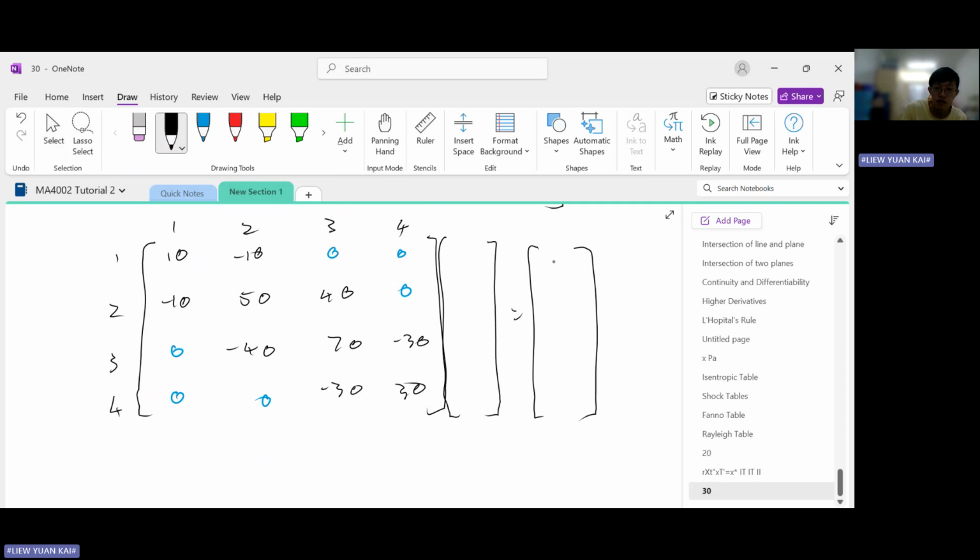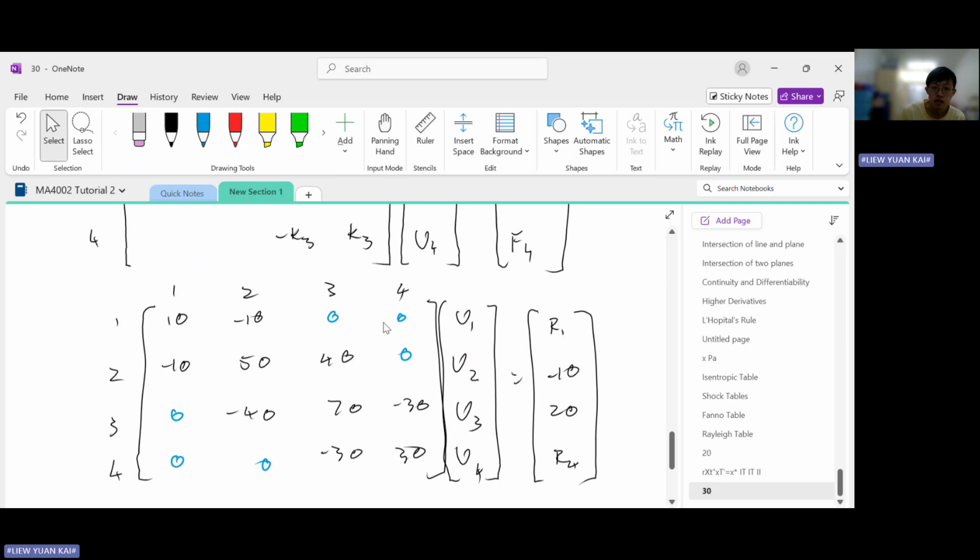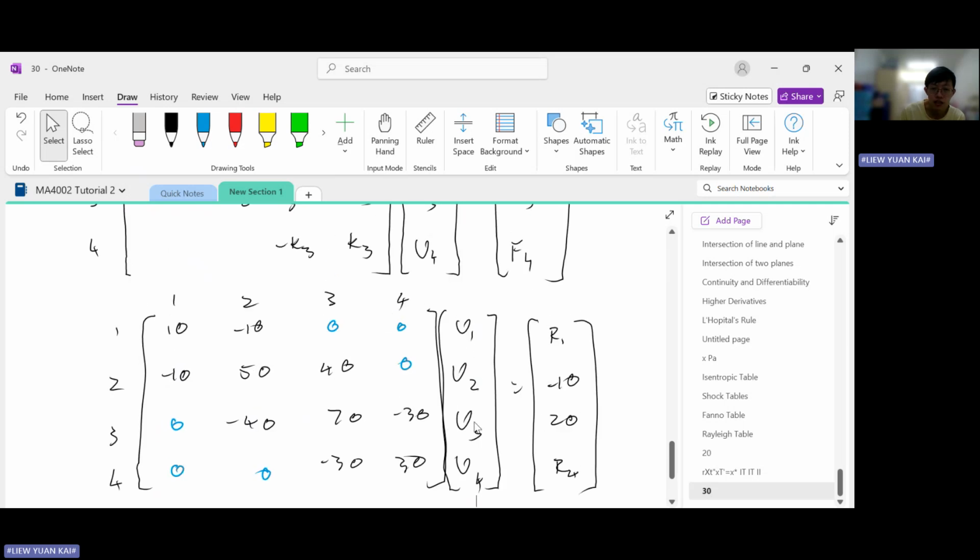They told us that there's a reaction force at node 1, so this is R1. Also, there's a reaction force at node 4, so also R4. Then they told us P2 is minus 10 and P3 is positive 20. Now the question is, what are the displacements? And this is important because substituting the displacements will have an effect in reducing the global equilibrium equation. I'll talk about what that means, but for now, let's focus on substituting